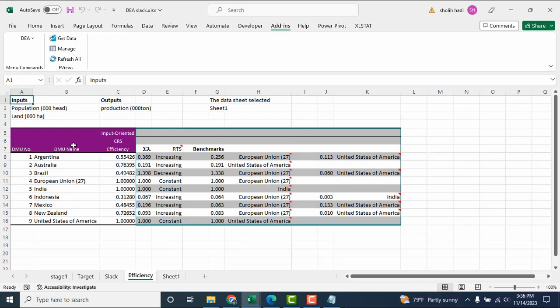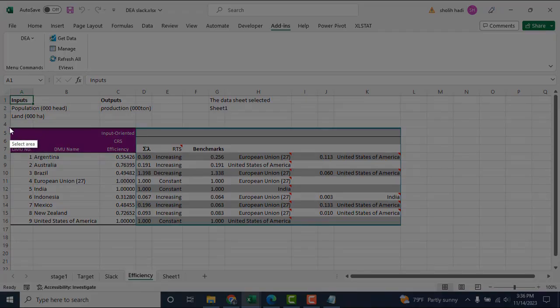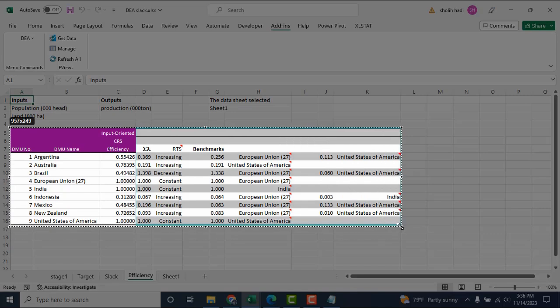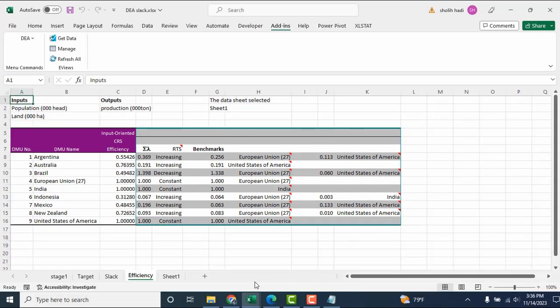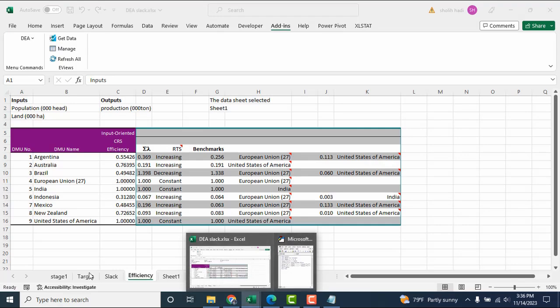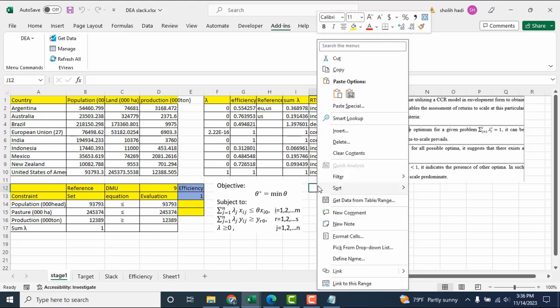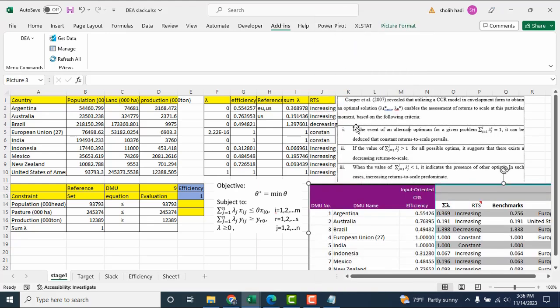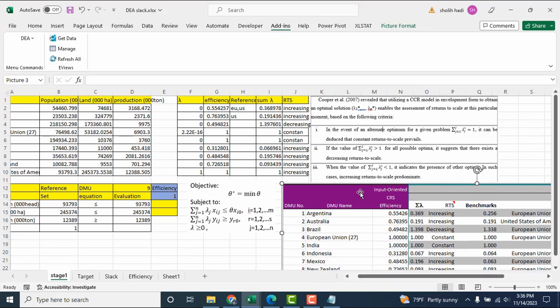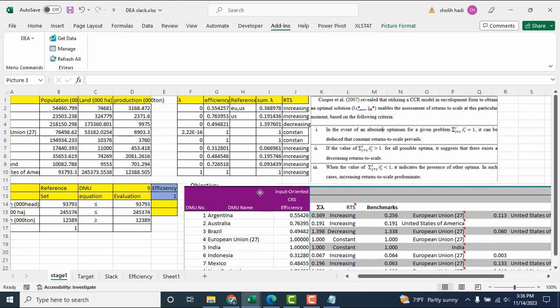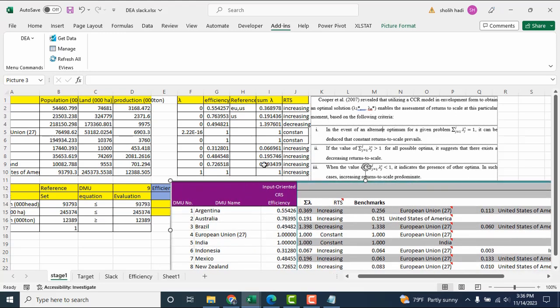We copy. I want to copy the result. You can compare the result.